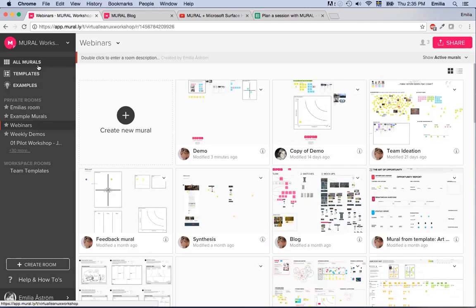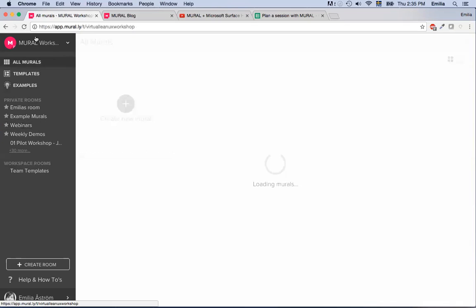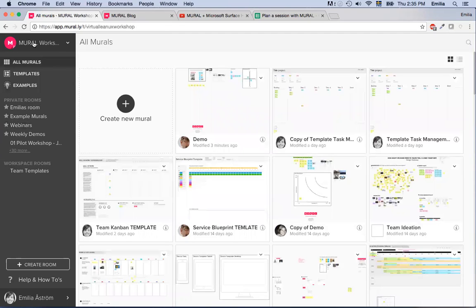So this is where you have a view of all your murals and rooms. If we start here on the top, in the upper left side of the Mural, you will see the name of the workspace that you're currently inside. This workspace is called Mural Workshops. And then the first option you have here is a list of all the murals that you have access to